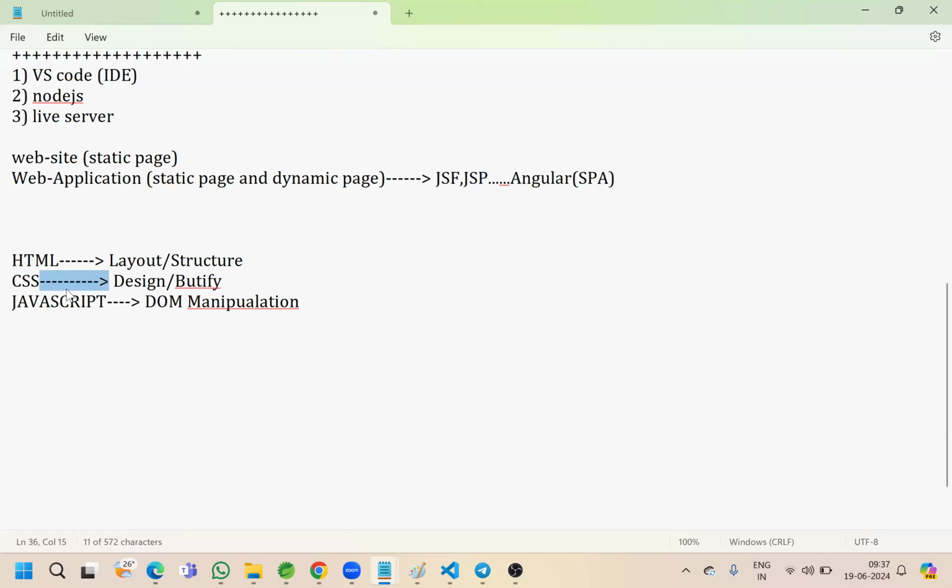So with the help of JavaScript, we can perform DOM manipulation over HTML and CSS. So we are looking at HTML. So first,